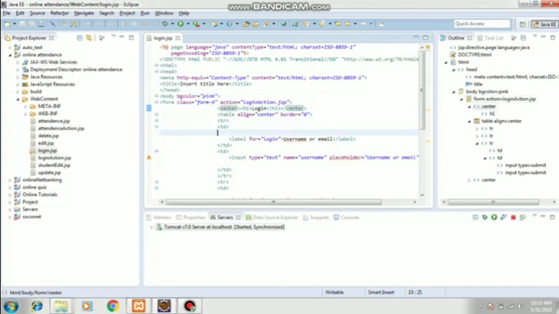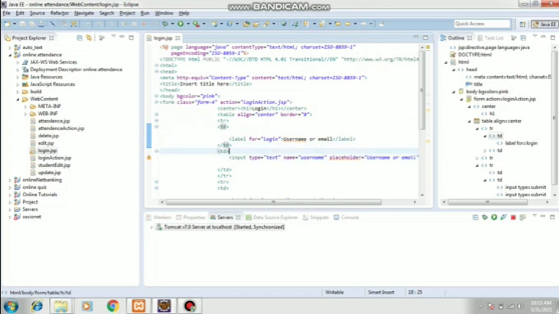I have created some of the contents here. The table has been created, and with that a label has been created. Everything is coded here. There is no drag and drop option like you had in VB. Everything is typed here. Now I have taken a text box. The text box is identified as text. Type should be what? Text.